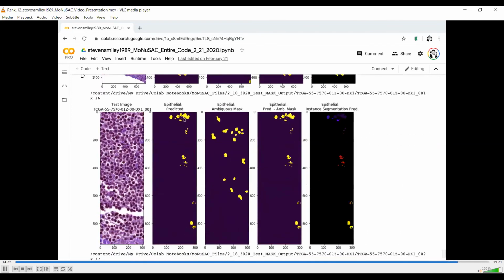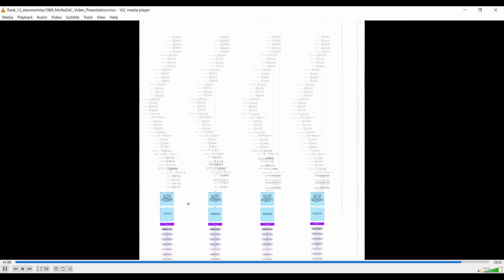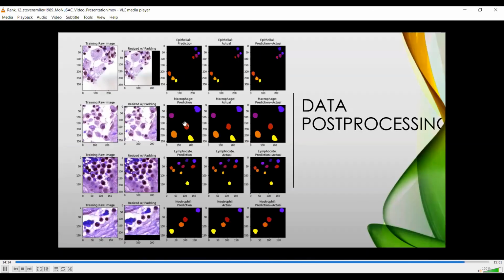This is basically in a nutshell what I did in this competition in order to get the results that I did, which you can see here. On my training data, I had like a 0.52 for the macrophages, and validation was like 0.16, and neutrophil 0.6, validation 0.26. I could definitely tell that I overfit to my training data, and probably with more time and more epochs and maybe a different post-processing procedure, I could have gotten better results.